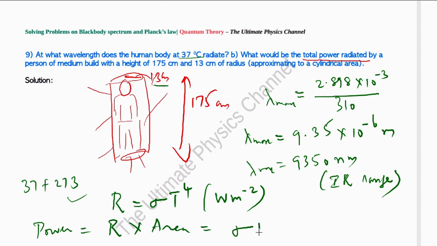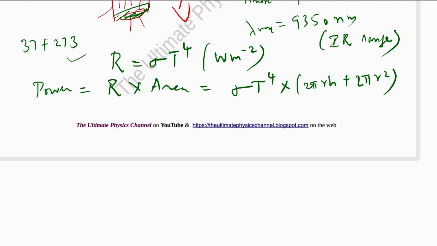Therefore sigma T power 4 times the area of a cylinder here, right? So it has 2 pi r squared over the top and the bottom, and then the curved surface area is 2 pi r h. So we have a 2 pi r h plus 2 pi r squared, right? So if we work out the numbers,